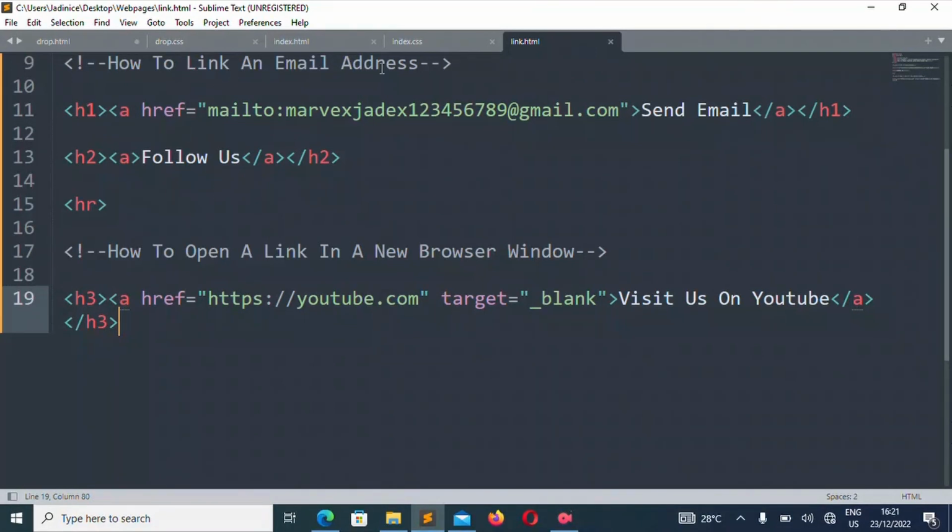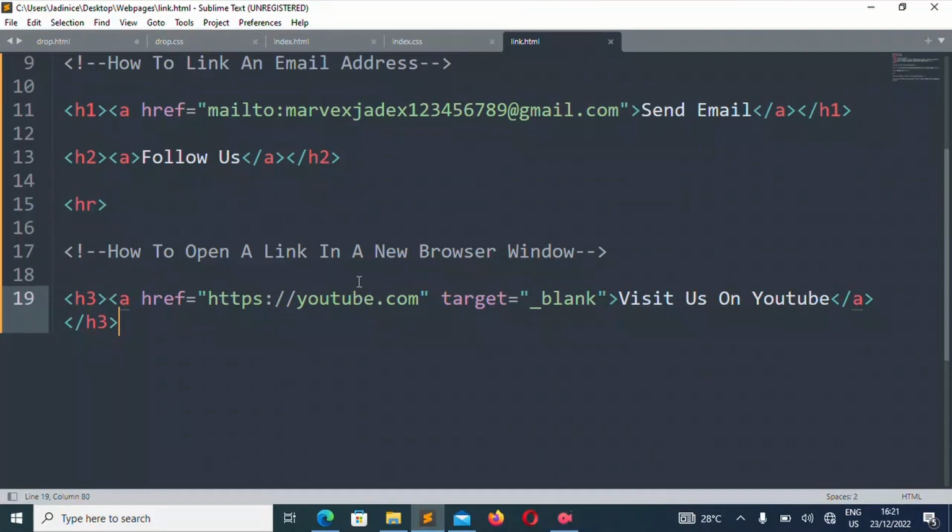So you've seen how to link an email address, the source code reference equals mail to. From after the mail to, you can write the name of your email address. And now to open a link in the new browser is reference. You can write the name of the link, and it could be any link.